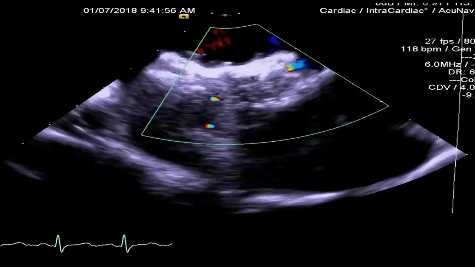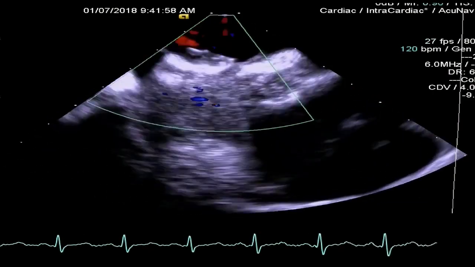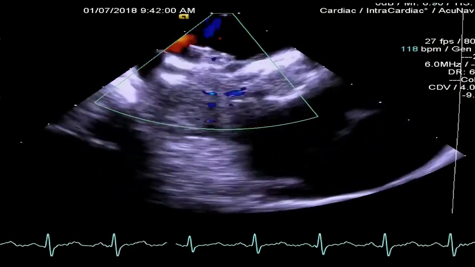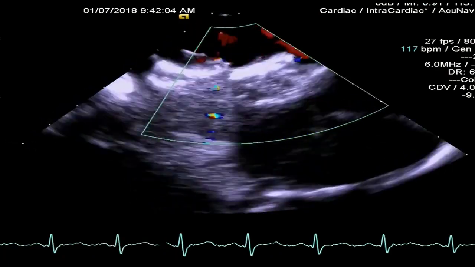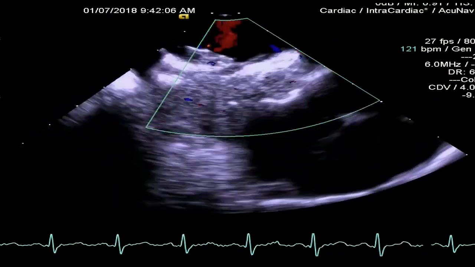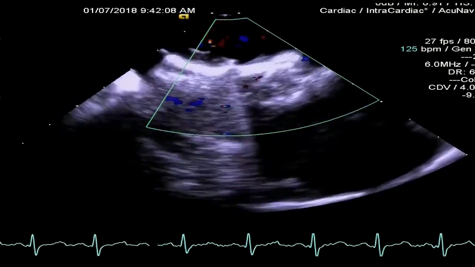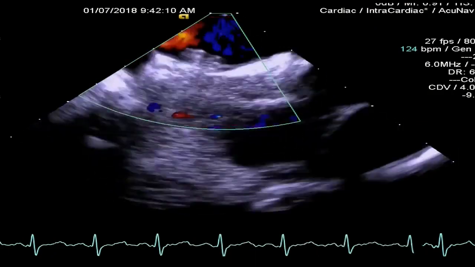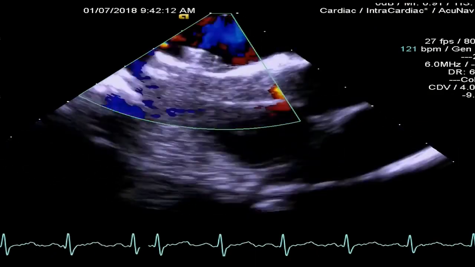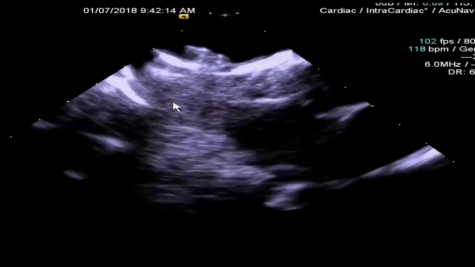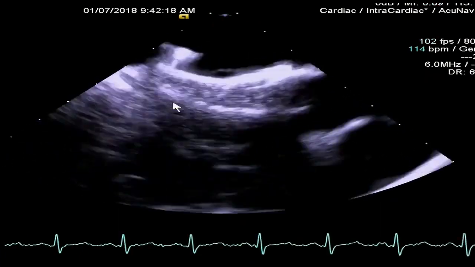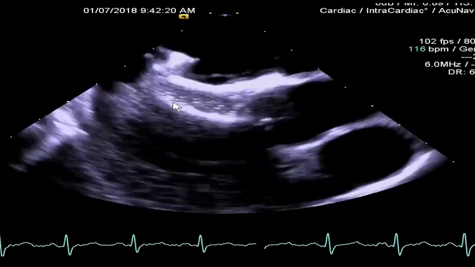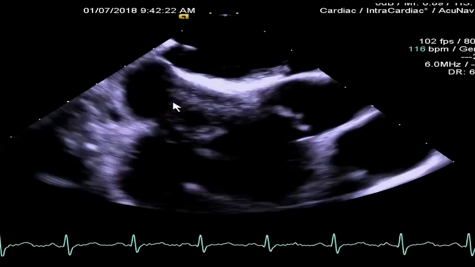So right now we are coloring across the atrial septum. What we are seeing on the rightward side of the screen is the aorta. That is the retroaortic margin, and the other side is the posterior and inferior margin. Yeah. Now color off. So right now I will do some more manipulations and